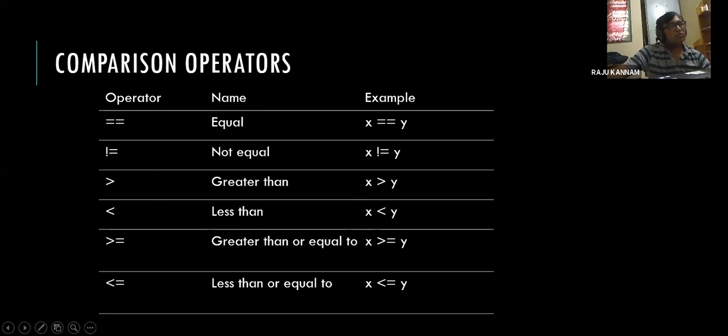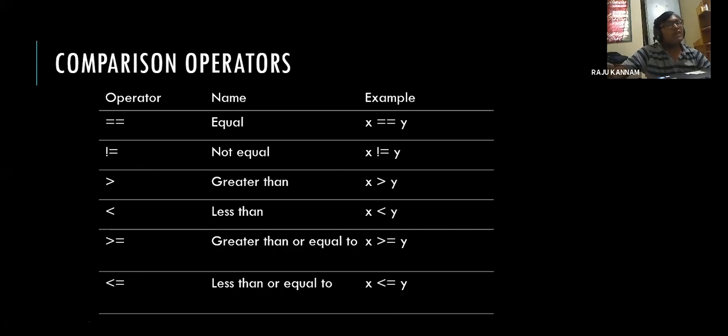Greater than or equal to is similar to greater than, but it will compare whether x is greater than or equal to y or not. Similarly, less than or equal to y will be compared. So overall, in summary, these comparison operators will return either true or false.